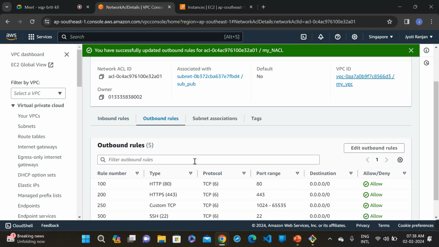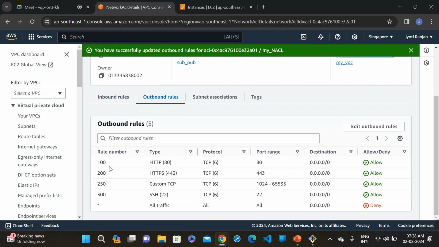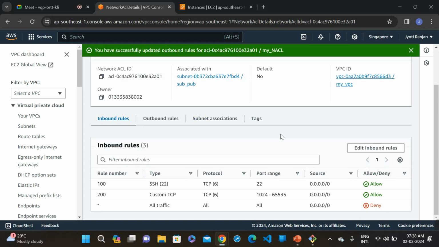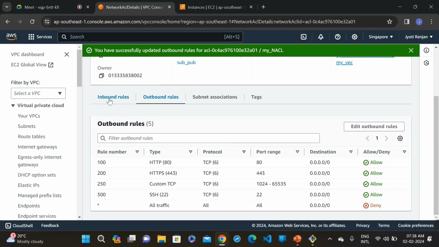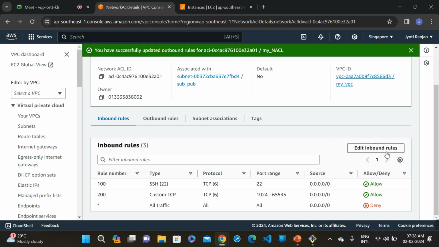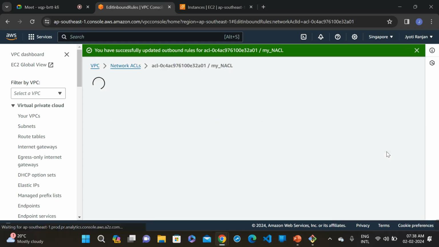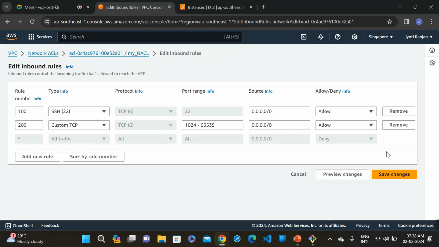But if you can see here in the inbound rule, I have given HTTP 80, right? This is HTTP and HTTPS. This is used for the internet connection, right? So we just gave the outbound rule, but did not give the inbound rule, right? So let's choose this thing, right? So let's put here, right? And